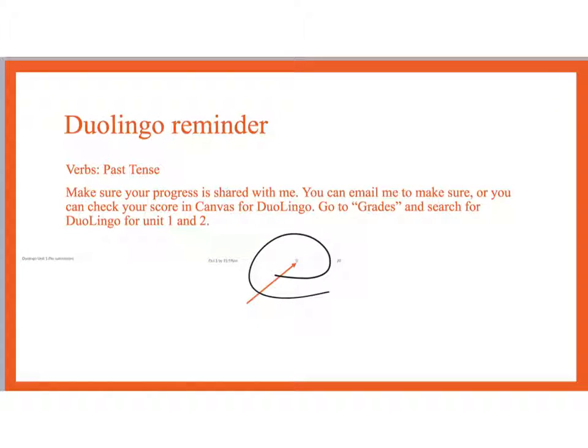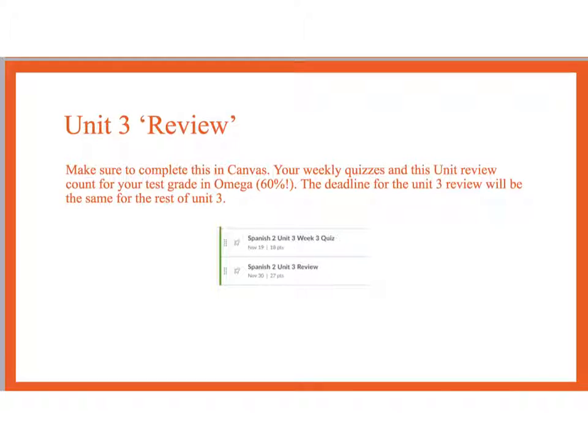I'm unaware of your progress, or simply you just didn't tell me that you have your Duolingo set up now and your sharing set up. So please make sure you contact me. You can let me know that I need to fix that grade, and I will be happy to go and check and update your grade, and it could also make a difference for you for Unit 1 and 2 even. So make sure you're all set with those things. It's a very important part of the course.